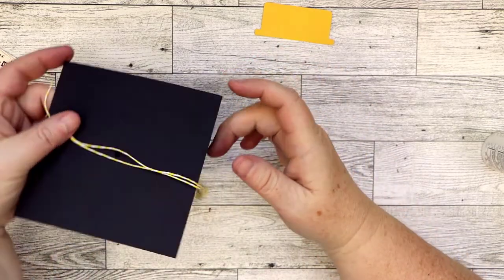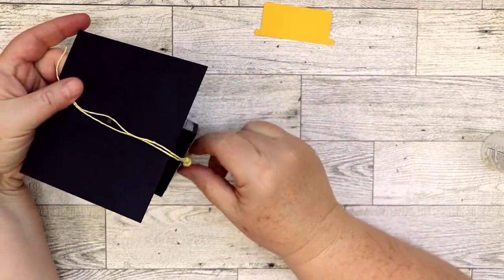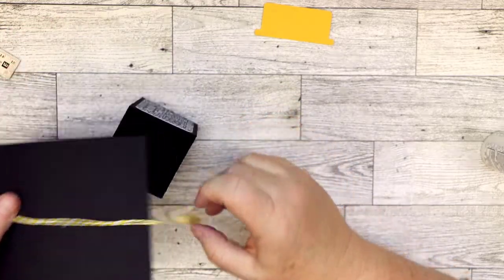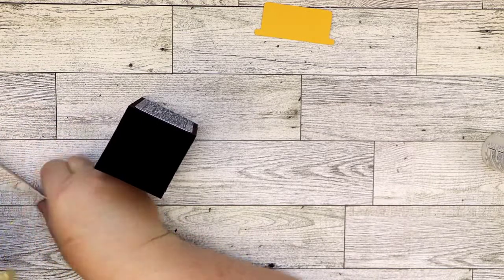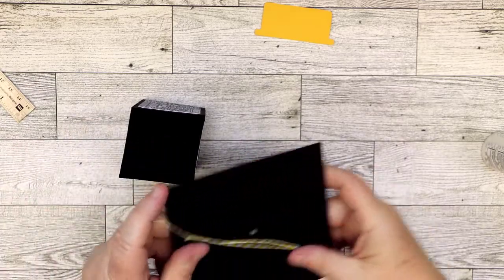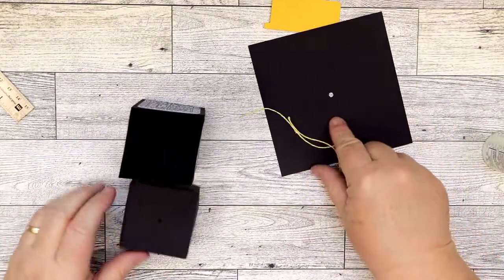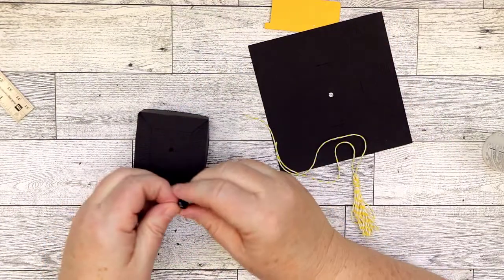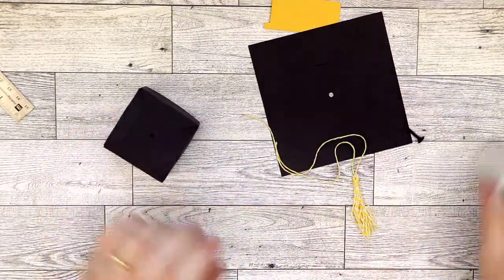So this is about how much we wanted to hang off. So about an inch. I think there's about an inch. A little bit over an inch. Okay, so keep that in mind when we're putting this together. So we're going to go ahead and get our brad. I'm going to add a little glue